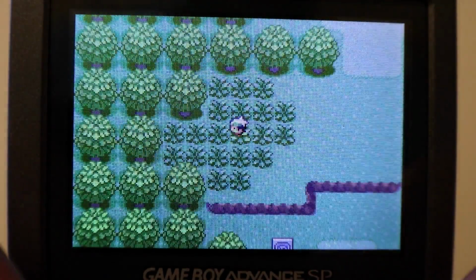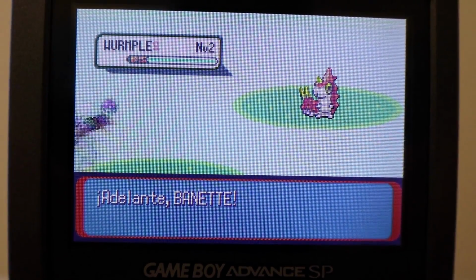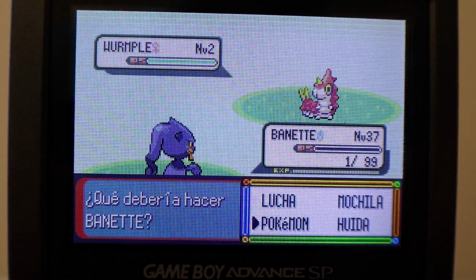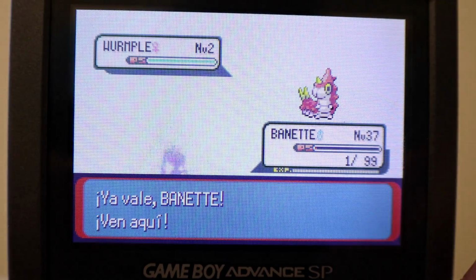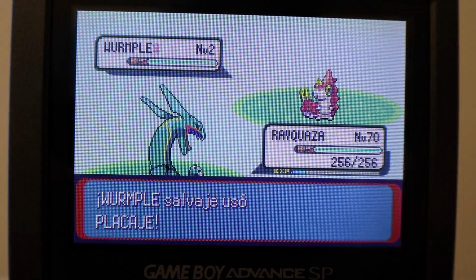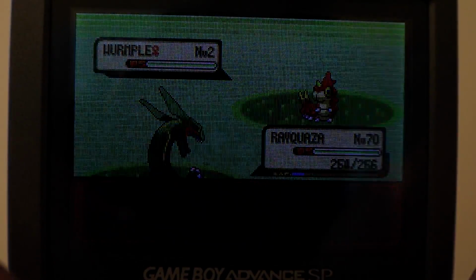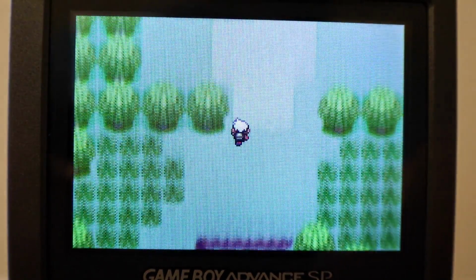So you're going to want to encounter a Pokemon with your 1 HP Banette. We have a Wurmple. Doesn't matter what Pokemon it is. And then you're going to want to switch to your Rayquaza. No idea why this activates it, but if you don't, it will not work. He's going to attack. Doesn't matter. You just run away. Then you're going to want to go to your PC